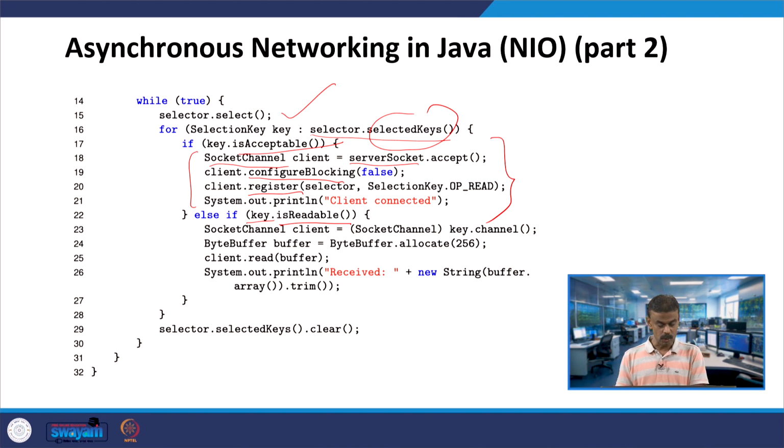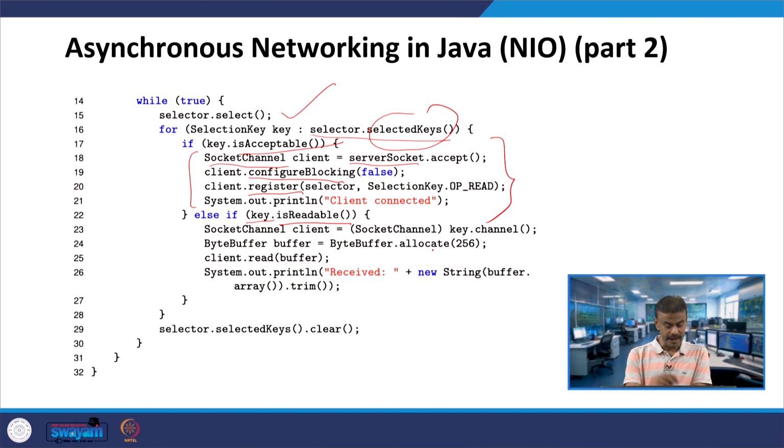Here you have a client object under SocketChannel, from key.channel, and buffer is an object under ByteBuffer. The ByteBuffer allocates a maximum of 256 bytes for incoming data.